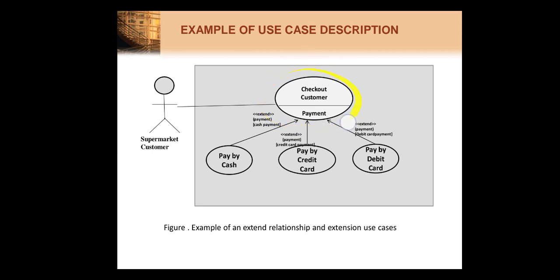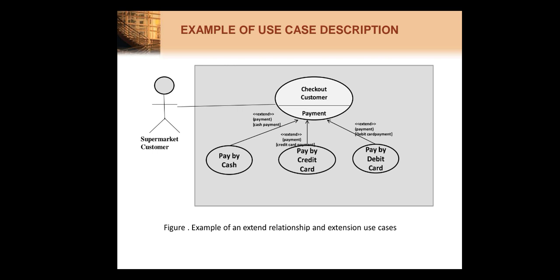The use case is the bill. You can give any name to this use case. Here I am giving Checkout Customer, and my extension point is Payment. Now I can do the payment by cash, payment by credit card, payment by debit card. So I write this sequence in separate use cases: pay by cash, pay by credit card and pay by debit card. I make them separate use cases, and here we are showing the extend relationship. These are included in this Checkout Customer, and here we are showing the extend payment: payment by cash, payment by the credit card and payment by the debit card.